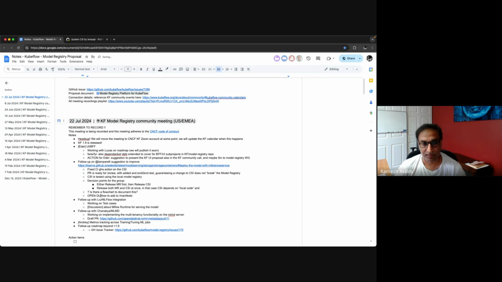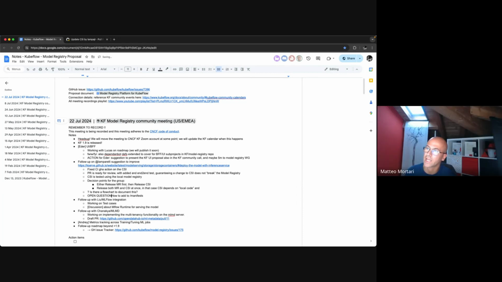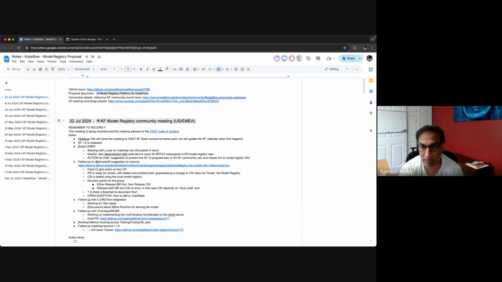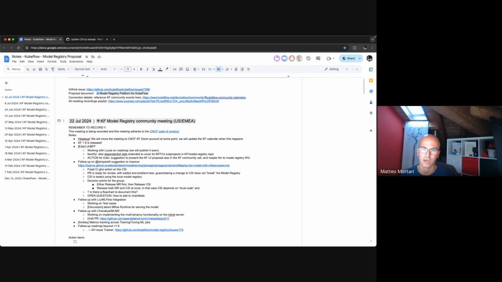If I understand correctly, you're asking that instead of asking the user to configure the Kubeflow cluster to use this CSI, we would like to have something out of the box. I think here we need to coordinate mainly with the KServe add-on community, simply because this, if I remember correctly, Andrea, is a custom resource that you add as a... Yeah, exactly.